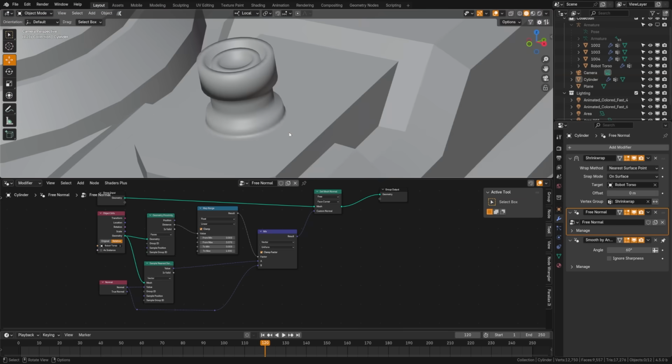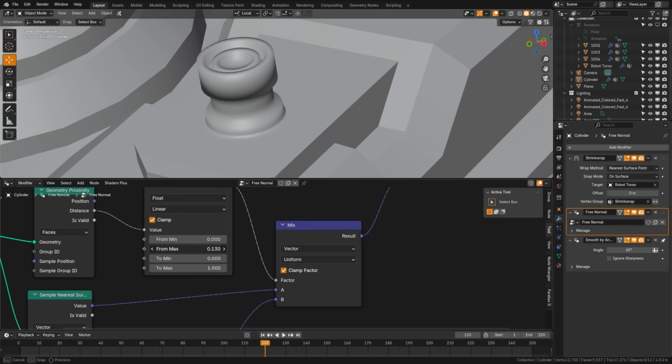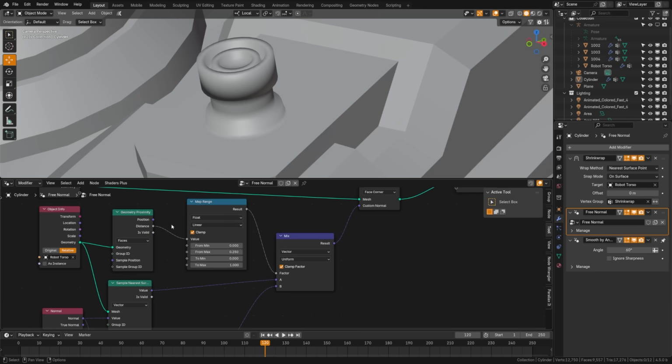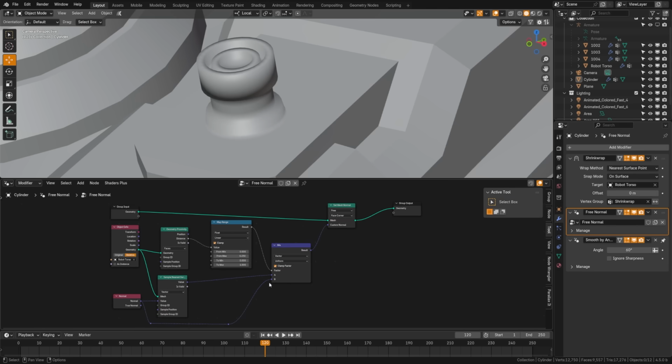But if I switch over to solid view mode here, you can just see how blended the normals are together. And this is actually sometimes a little bit easier to work in to get the exact setting that you want. But next, let's take a look at how we can bundle all this up into an easy to